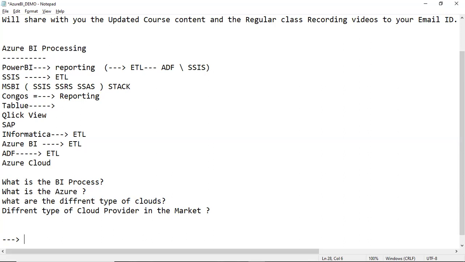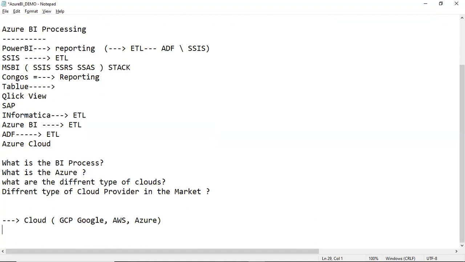The same way in the cloud also. It may be different types of clouds like GCP, Google Cloud, or AWS, Amazon, or Azure, Microsoft. Inside this cloud, they provided three categorizations: infrastructure as a service, platform as a service, and software as a service.